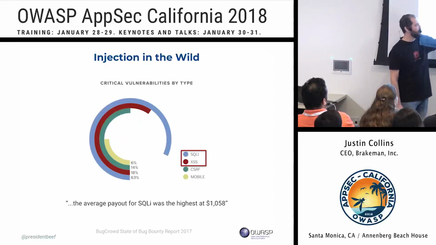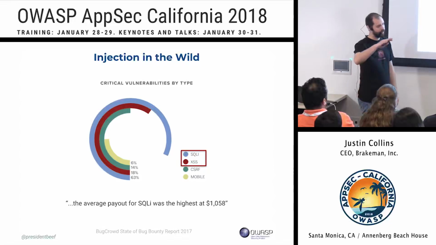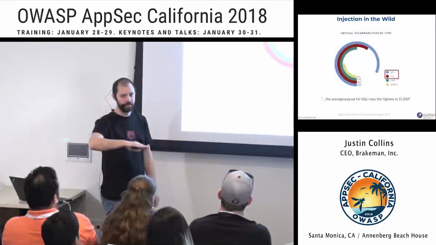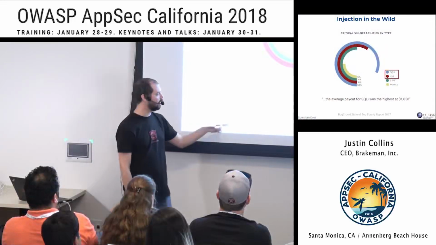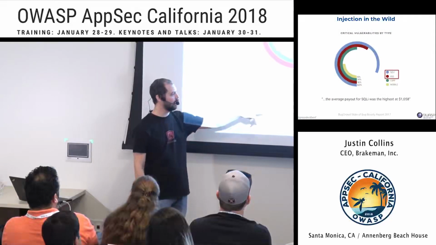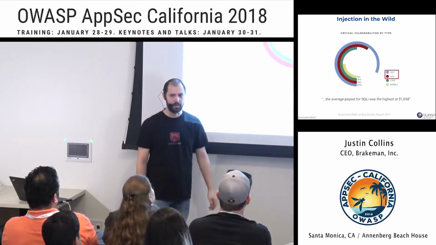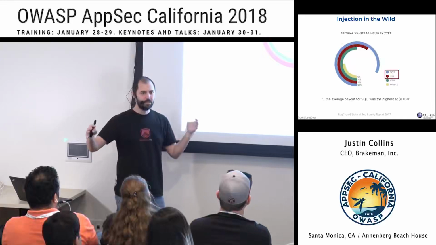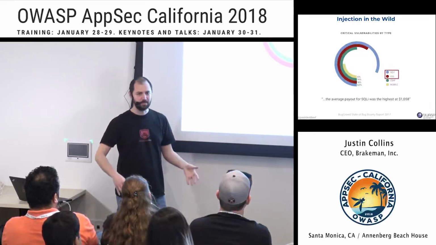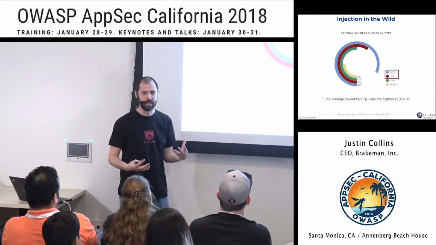And cross-site scripting is number 2 with 18%. And I think XSS is often categorized not as a P1, so sometimes not. And they also said that SQL injection got the highest average payout, a little over $1,000. So it's not super common, but when it happens, it's bad. And I think that probably reaffirms most of our intuition about it.